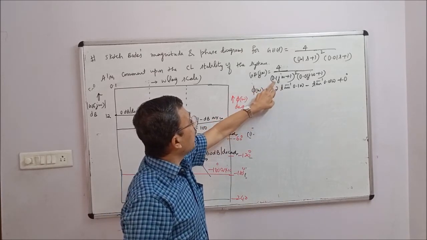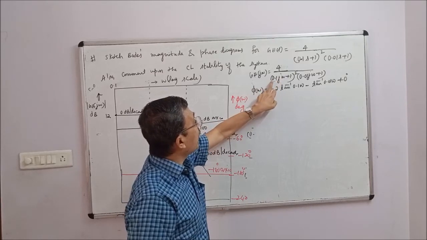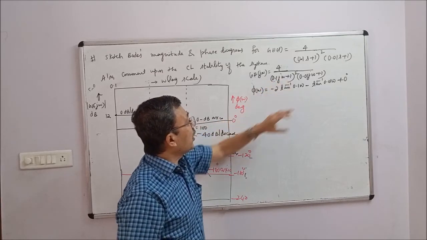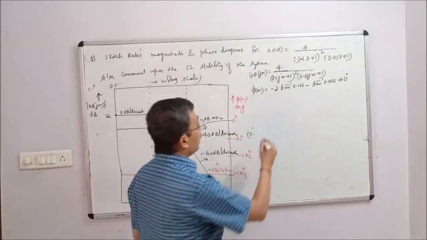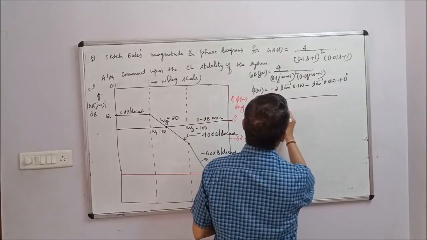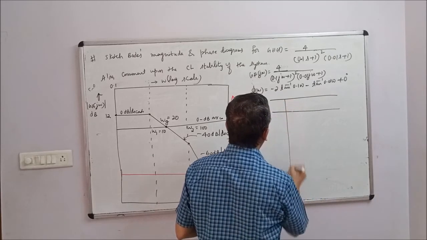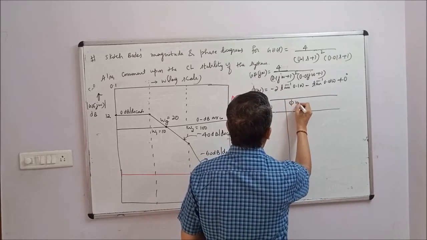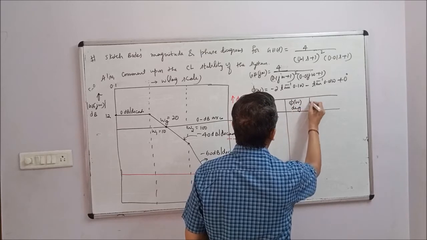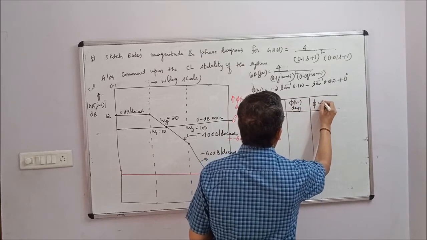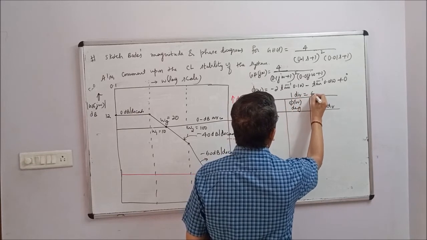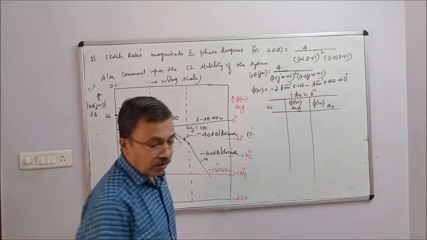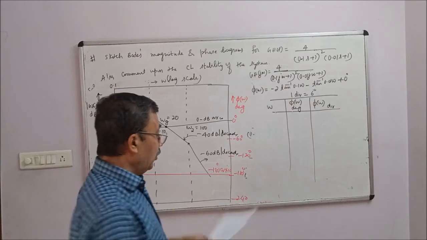Tan inverse of imaginary part is 0.1 omega, real part is 1. Tan inverse of imaginary part by real part. Using this expression, we shall get this table. This is omega, this is phi of omega in degrees, this is phi of omega in divisions. Our scale is 1 division is equal to 6 degrees. So I have made the table, I'll write the values.